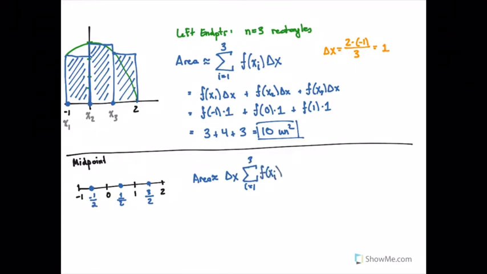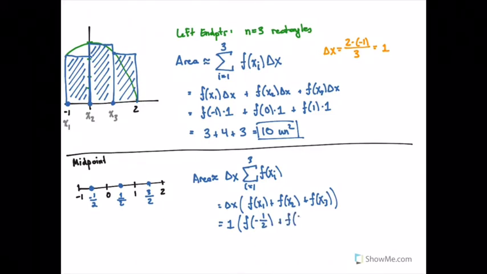We could say something like this, delta x times f of x sub 1 plus f of x sub 2 plus f of x sub 3, and this is equal to 1 times f of -1/2 plus f of 1/2 plus f of 3/2,